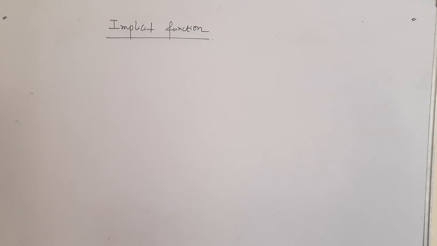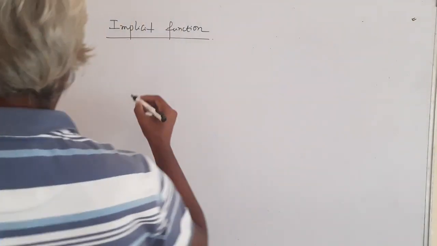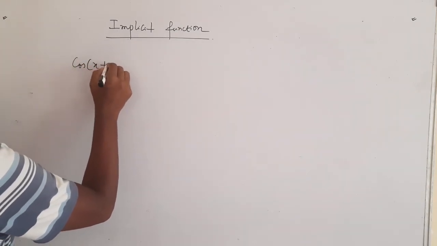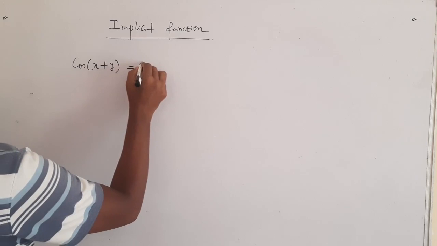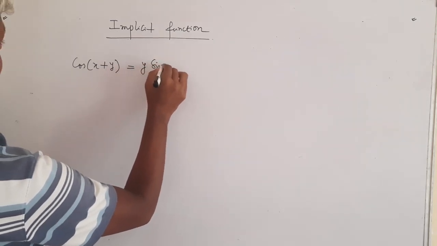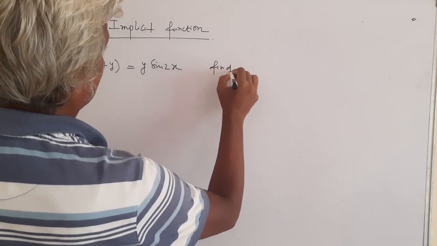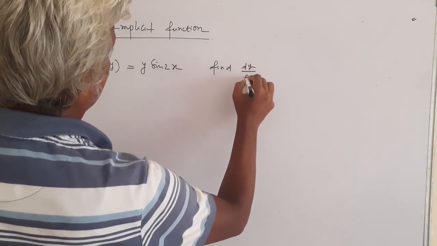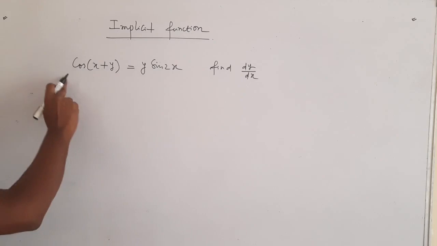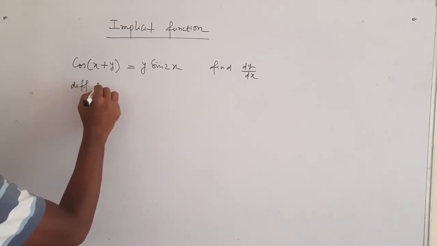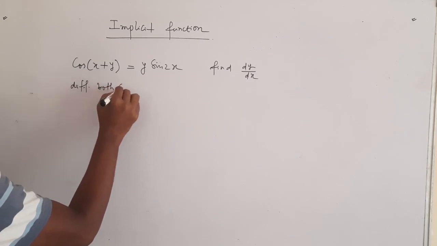Now just look at the question, then you will find whether it is easy or difficult. The question goes like cos(x + y) = y sin 2x. Find dy by dx. So this is our implicit function. Now write, differentiating both sides